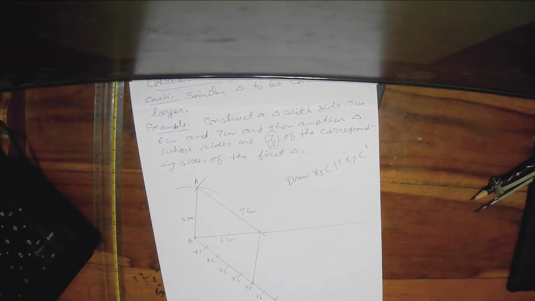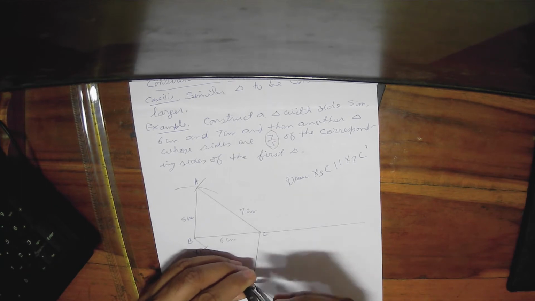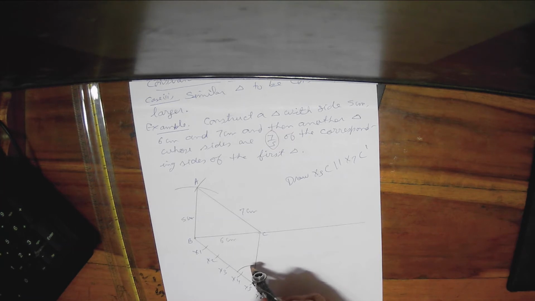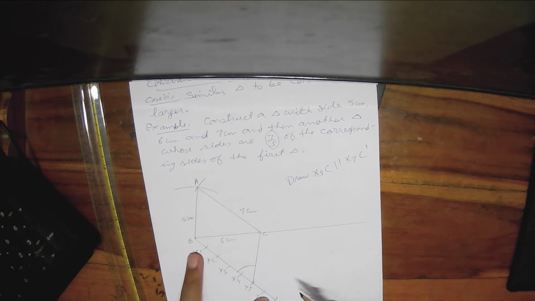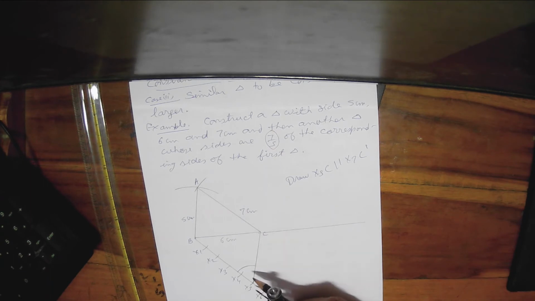So now what we are going to do is we'll put our compass needle at x5 and draw an arc of any length. Here, suppose any length you can take. So let's draw an arc, and you have to start from the ray bx. So this is the ray bx and it must go till the line segment x5c. In fact, in other way, you have to just find the arc length of this angle.